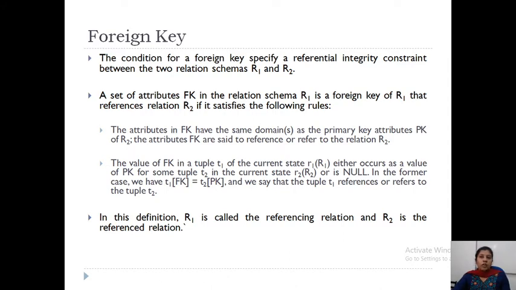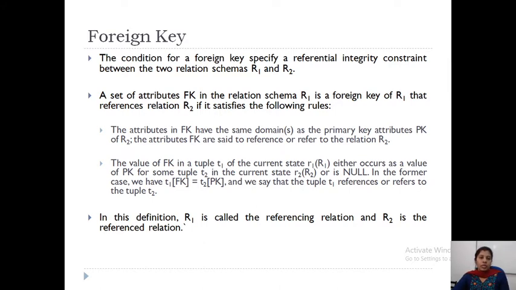Then the value of FK in tuple T1 of the current state of R1 either occurs as a value of PK, that means primary key, for some tuple T2 in the current state of R2, or it can be a null value. Here it says T1 of FK must be equal to T2 of primary key.